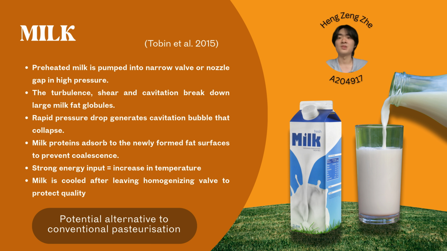In this tiny gap, the milk experiences intense shear, turbulence, and cavitation, which rupture the fat globule membrane and break them into smaller droplets, while casein micelles and whey proteins rapidly adsorb to the newly created fat interface to form a stabilizing protein layer that prevents recoalescence and greatly reduces creaming. The rapid pressure drop across the valve generates cavitation bubbles that collapse violently, adding shock wave and impact forces that